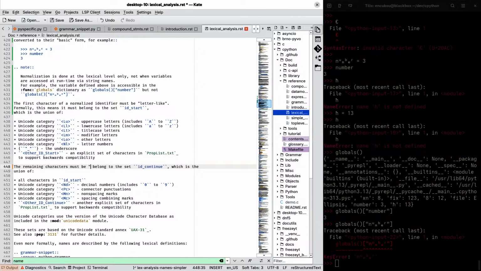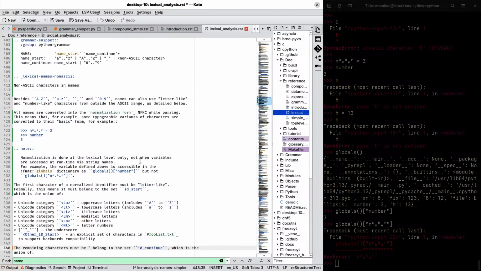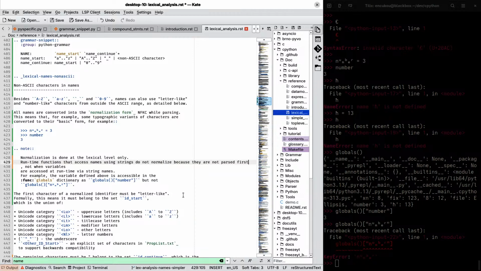Suggestion for the wording. I don't know if you've already seen it, Peter. It's in the chat stream. Ah, right. Nice. Okay, no, he likes yours. Runtime functions that access names using strings do not normalize. Ah, that is actually good. Right, normalization is done at the lexical level only.